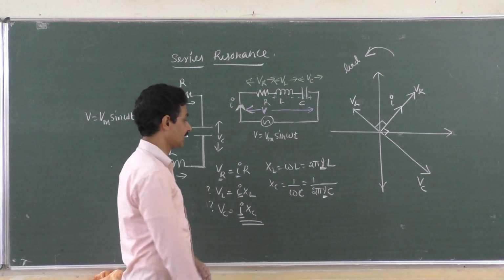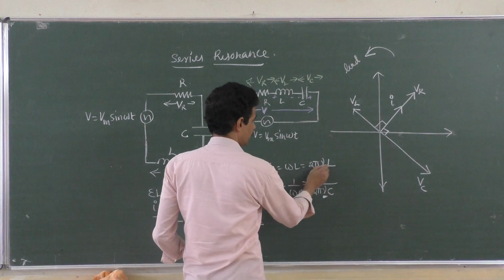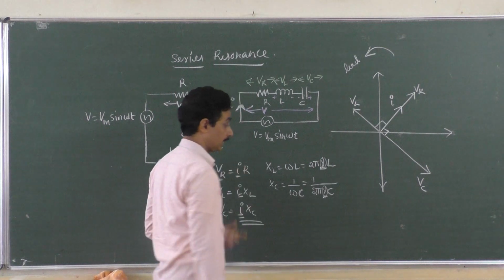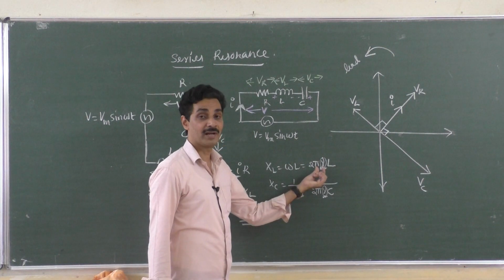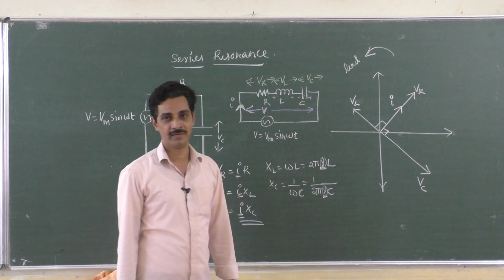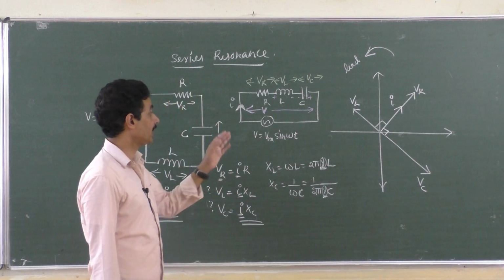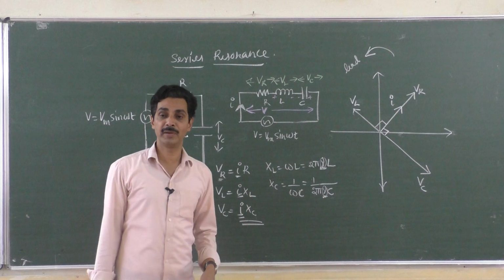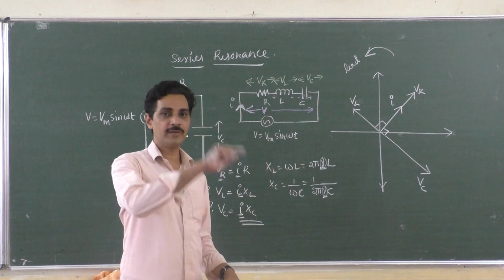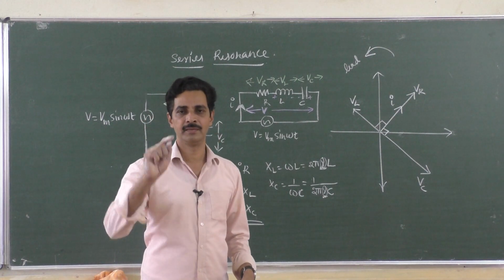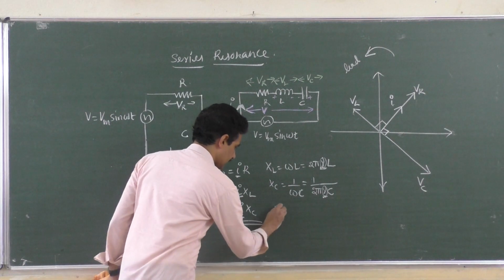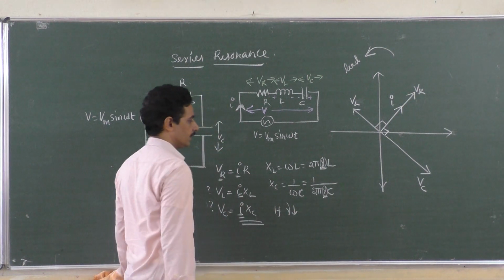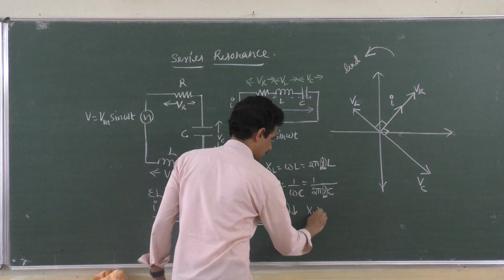Whether XL or XC is greater is decided by 2 pi nu L and 1 over 2 pi nu C, and finally nu is controlling them, because even though nu is the same, one gets nu in the numerator, another gets nu in the denominator. Now suppose you are at very low frequencies. What do you mean by very low frequency? The number of cycles of AC repeated per second is very less. Then what happens? If nu is less, then